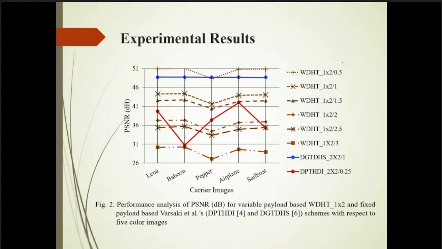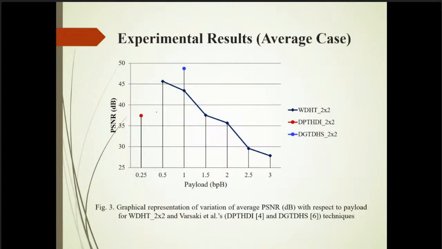You see, this is the 1x2 mask. Here also the same thing. Here also we have the same thing. You see 0.5, 1, 1.5, 2, 2.5, 3, and these are some existing methods you have compared. They are only 1 and 2.5. No variable payloads and no variable images they have embedded. So now if we go for the average values of the PSNR, you see that when I am embedding 0.5 it is near about more than 45, then at 1 it is coming down.